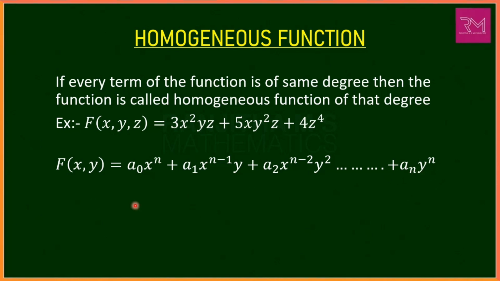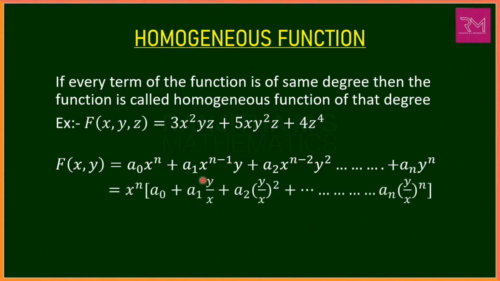To obtain the general equation of a homogeneous function, if we take x power n common in this equation, we can write it as x power n into a naught plus, x power n minus 1 we can split as x power n into x power minus 1 and take x power n outside the bracket, the remaining is a1 into y by x, since x power minus 1 goes to the denominator, plus a2 into, similarly, x power n minus 2 split as x power n into x power minus 2, the remaining is a2 into y by x whole square, plus and so on,